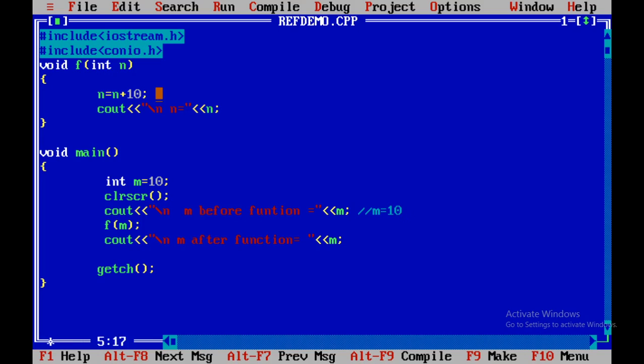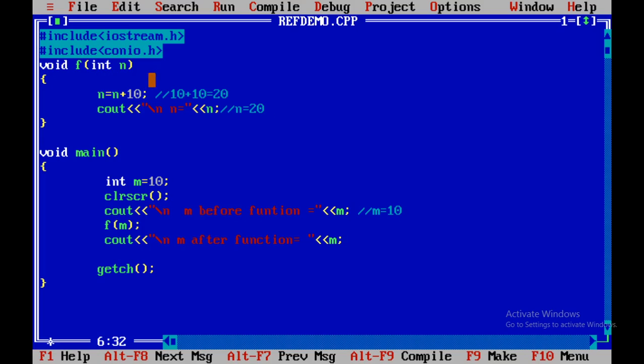So the value of n is 10, and it will be 10 plus 10, which equals the expected value 20. When we print n, it will be n equals 20.